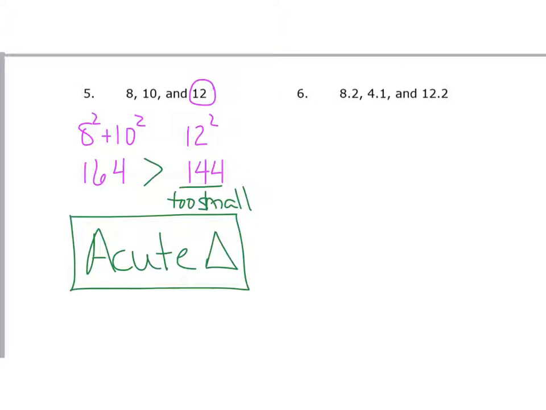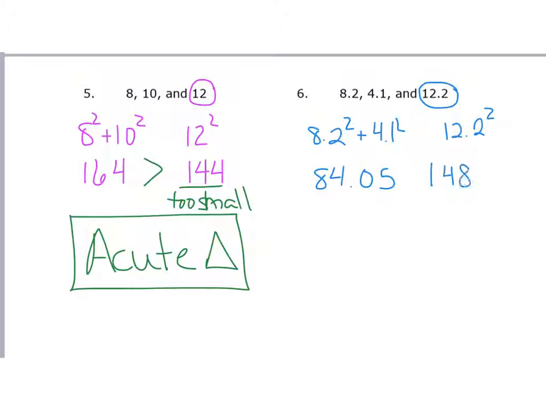Okay. And again, this still works the same exact way if you have a decimal. Don't let decimals scare you. We do the same thing. 8.2, 4.1, and 12.2. 12.2 is my biggest side. So I'm going to do my 8.2 squared plus my 4.1 squared, and I'm going to compare that to the 12.2 squared. Okay? When I do 8.2 squared plus 4.1 squared in my calculator, I get 84.05. When I do 12.2 squared in my calculator, I get